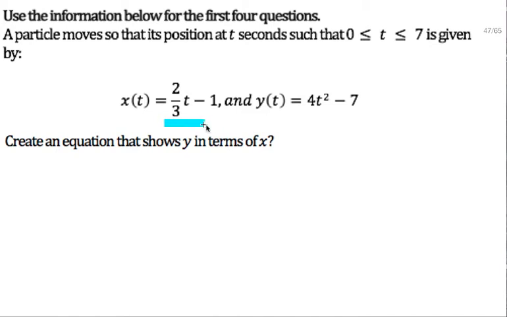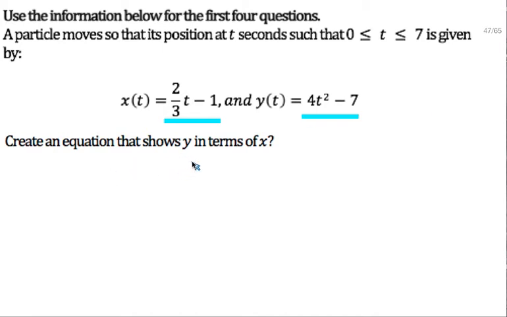This is our x equation, this is our y equation, and these just tell us our horizontal and vertical movement over a given period of time. The first thing that you will need to do with these two equations is find the rectangular form of the equation. Now the question doesn't say find the rectangular equation, it just says create an equation that shows y in terms of x. In this case we are looking for,